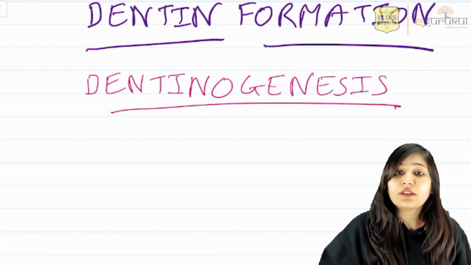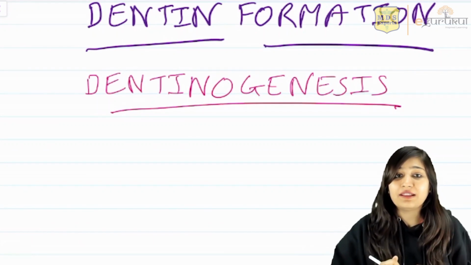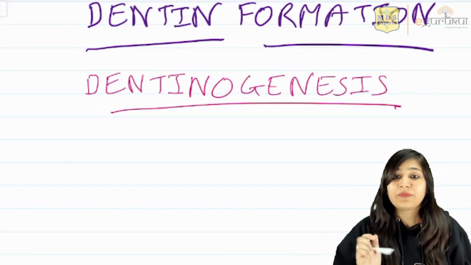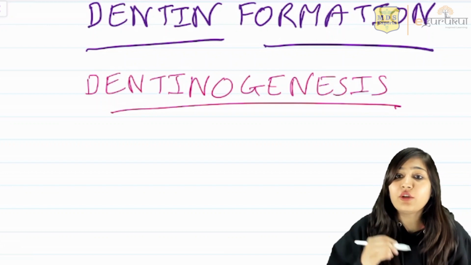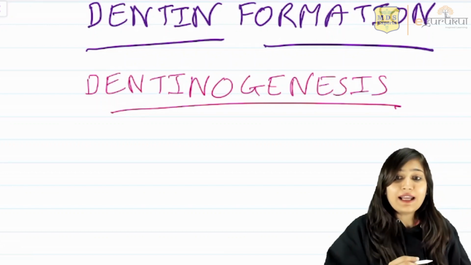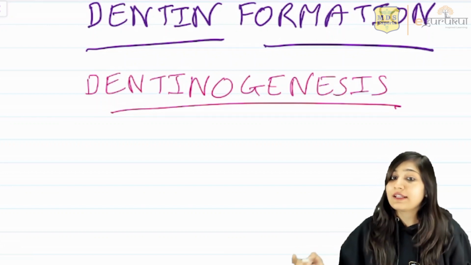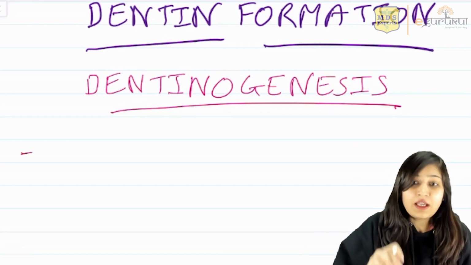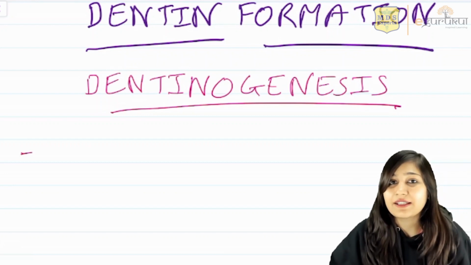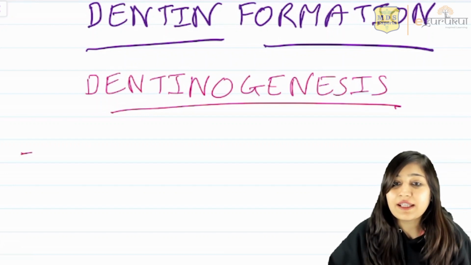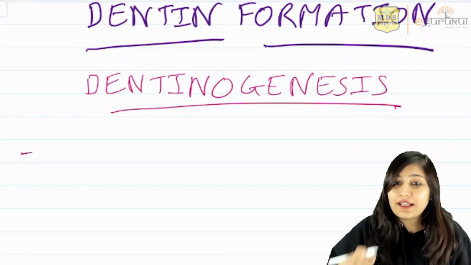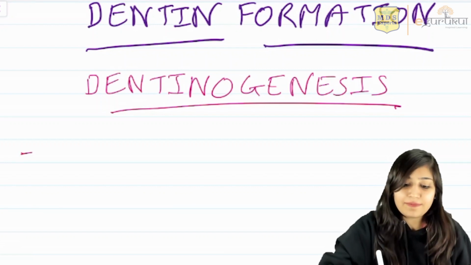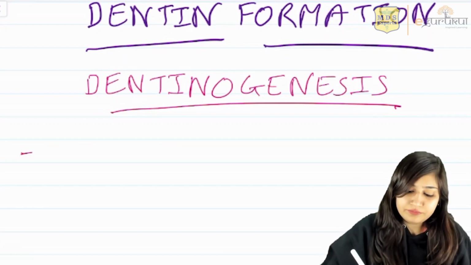So how do odontoblast cells form dentin? Are they directly derived from the neural crest cells? No. Are they ectodermally derived or ectomesenchymally derived? They are ectomesenchymally derived structures. So how is dentin formed? During the advanced Bell stage, what happens? Under the organizing influence of inner enamel epithelial cells, here